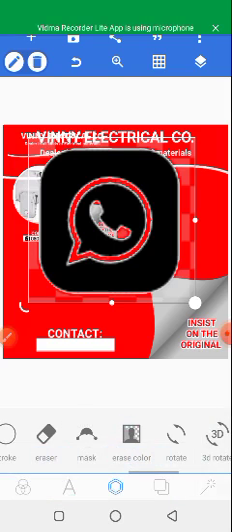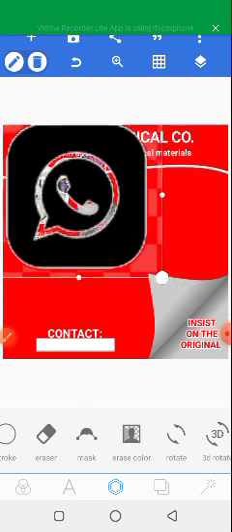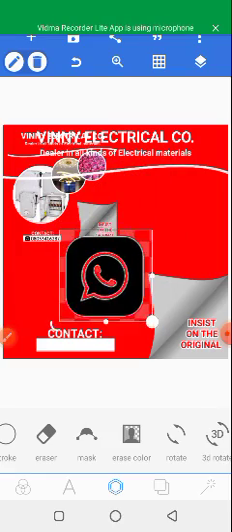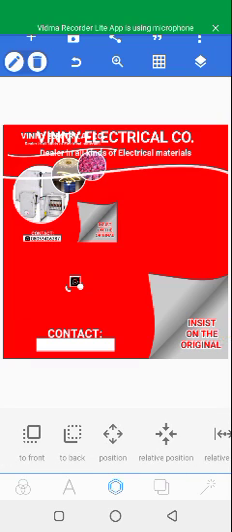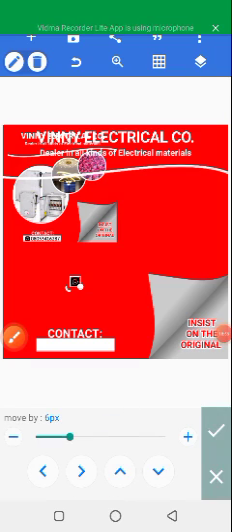Okay, then you mark, you now decrease this size. Ensure that it will fit inside the shape. So you can now use this position arrow to bring it down and place it where you want. You can decrease the speed. All right, so